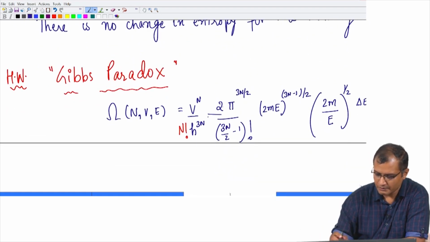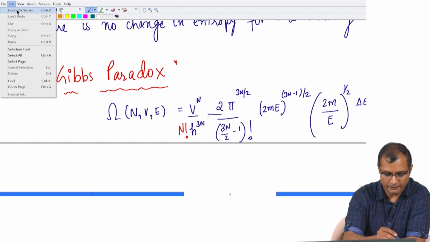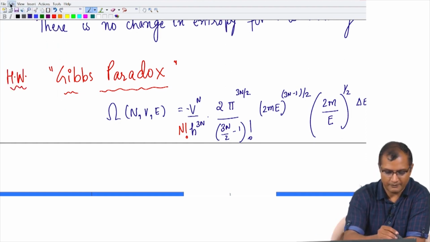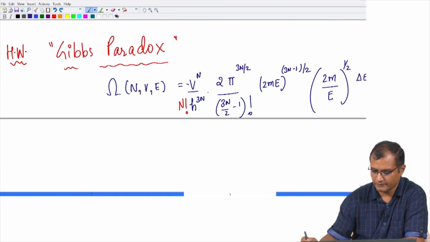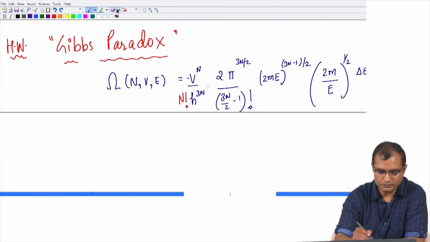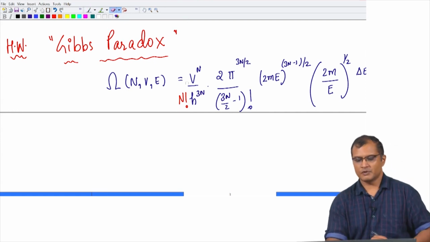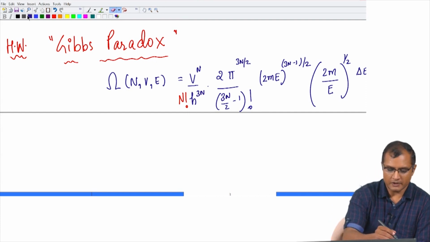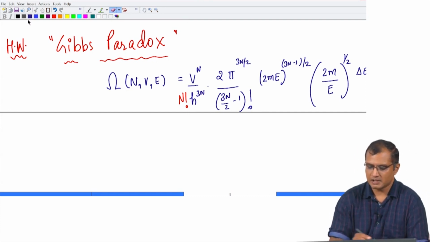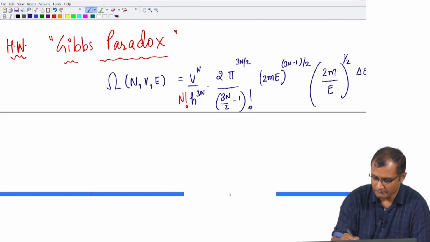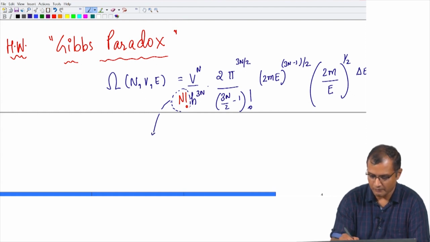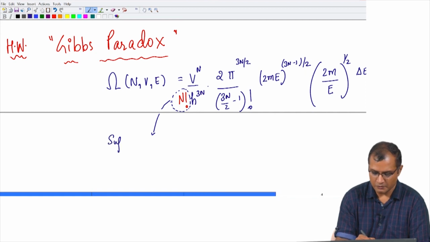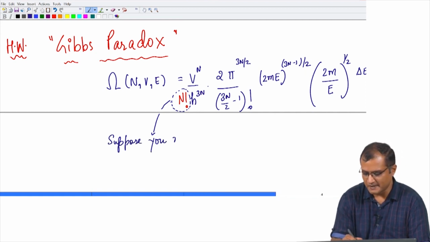So, suppose you took the wrong expression for the number of microstates, you did not take the N factorial. Okay. Suppose you missed it,